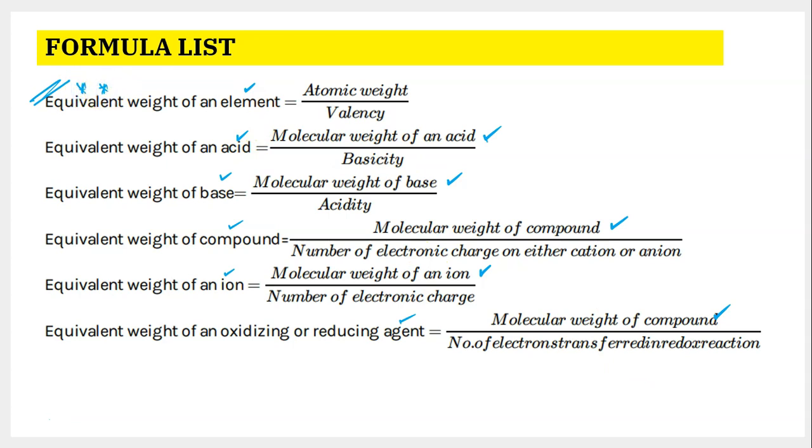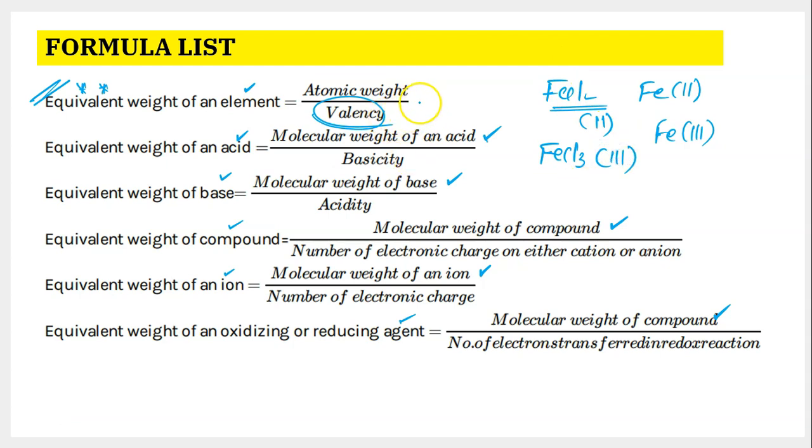Equivalent mass of an element is equal to the atomic mass of the element divided by its valency. In case you are talking about elements with variable valency, like iron, which has valency 2 sometimes and valency 3 at other times, which valency should you take? You should take the valency of the element as per the compound. Say you are talking about FeCl2. Take valency to be 2, because in FeCl2 iron is exhibiting valency 2. If you are talking about FeCl3, the valency you have to take is 3. So the denominator should be 3.